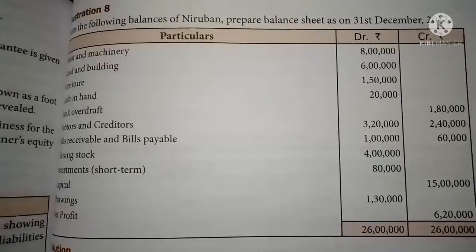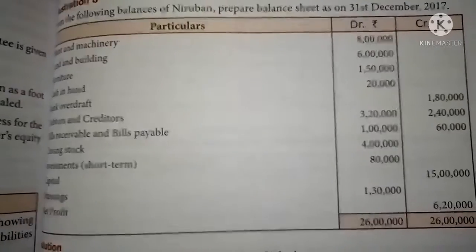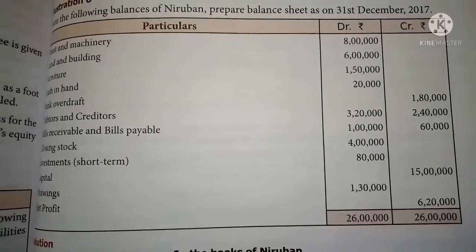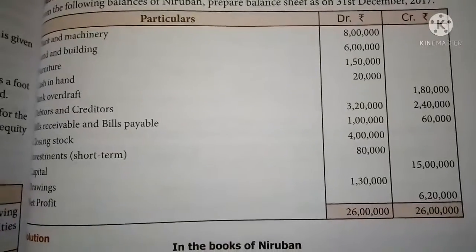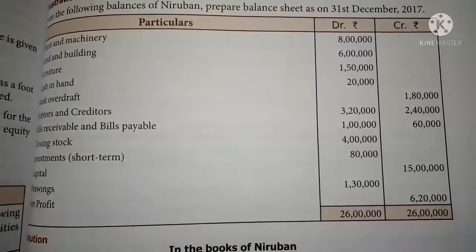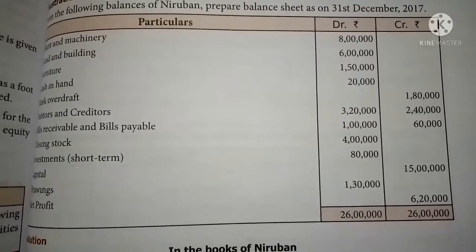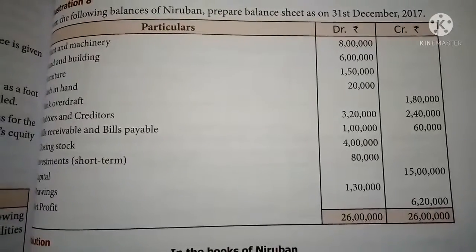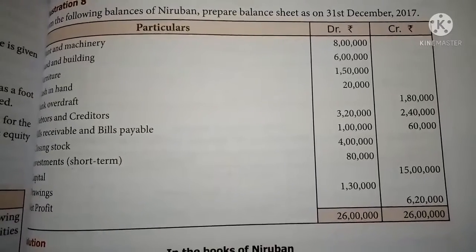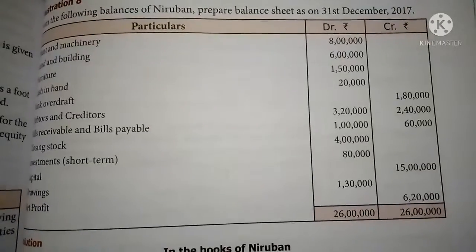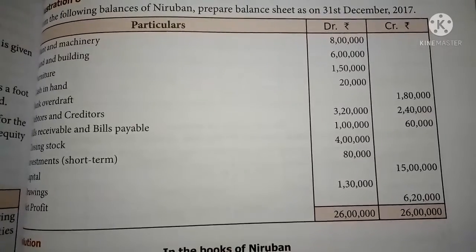In this example sum, plant and machinery is given, it is one of the assets. Land and building is also one of the assets, 6 lakh. Furniture is also one of the assets, 1,50,000. Cash in hand is an asset, 20,000. Bank overdraft 1,80,000 is one of the liabilities, so it is shown on the liability side. Debtors and creditors, debit